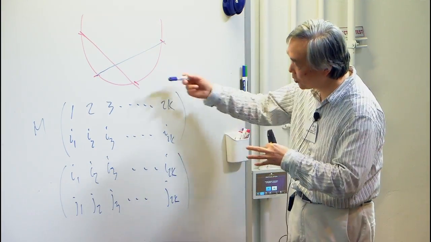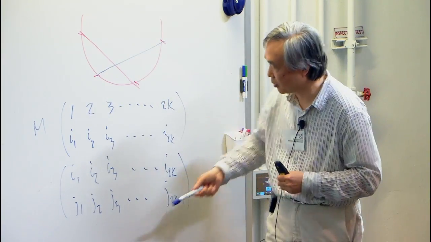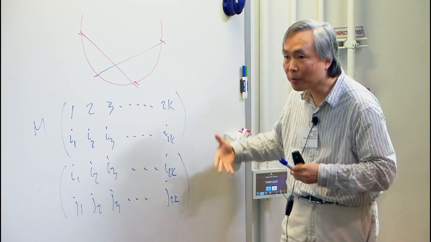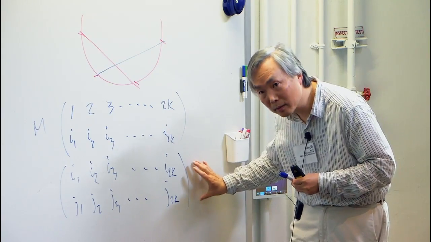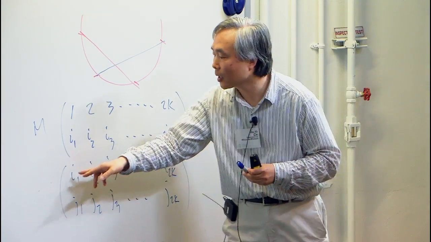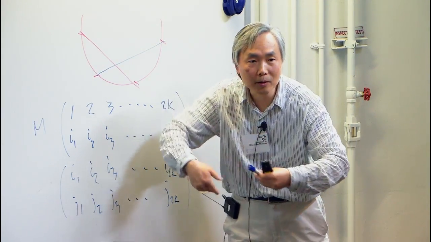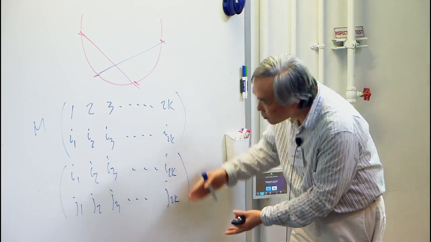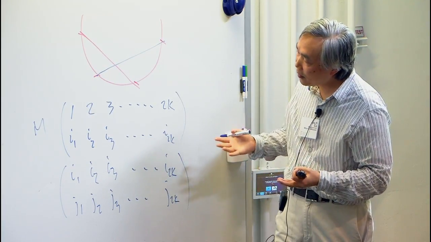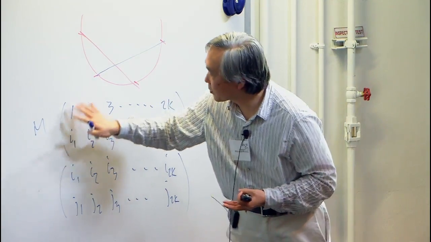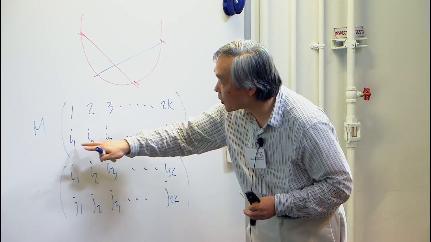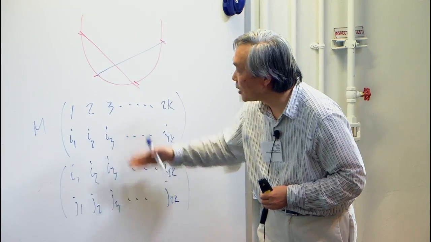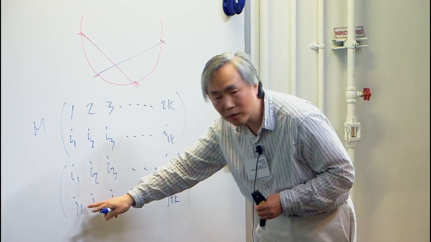And you compose these two, and you just get 1 to K to this. So you choose the permutation, you write it this way. Of course, generally a permutation you write down 1, 2, 3, but you can write any order you like, right? So you choose the permutation this way, and then if the original M is written this way, where the oriented edges always go from I1 to I2, I3, I4, then after this relabeling, it's also going from J1 to J2